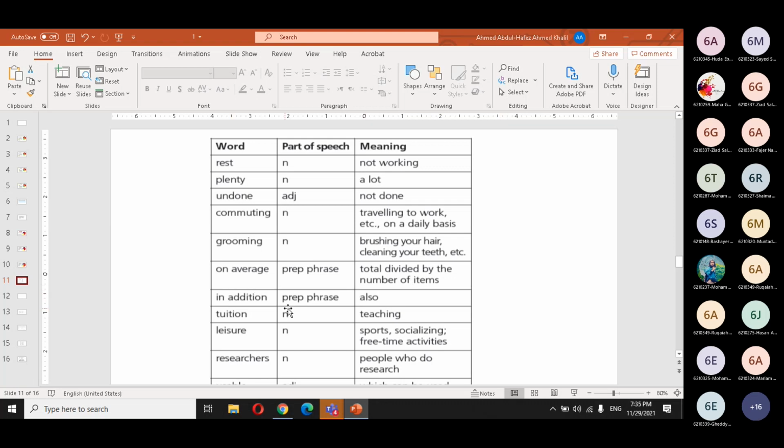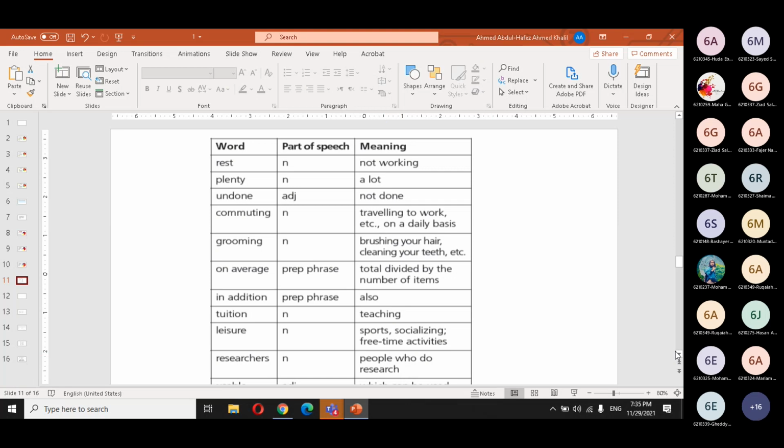In addition, also it's a preposition. It means also. Tuition is a noun, means teaching. Leisure, like sport or socializing. Leisure means free time activities, the activities you do in your free time. Researchers, it's a noun. People